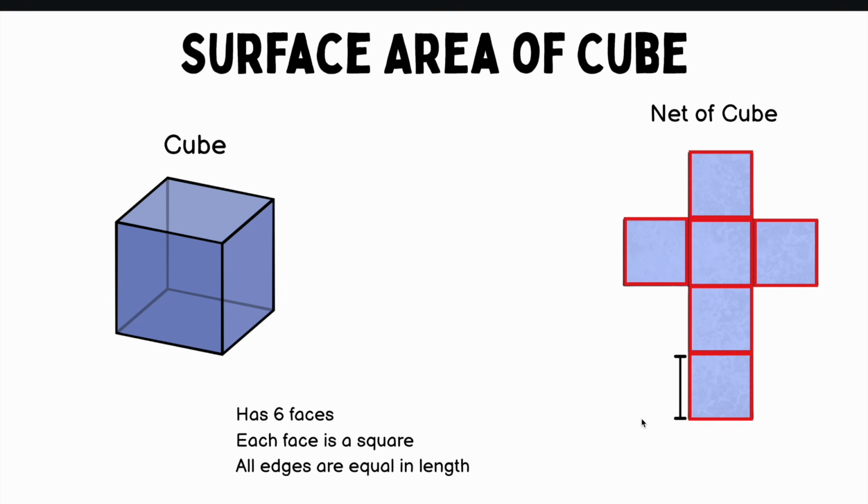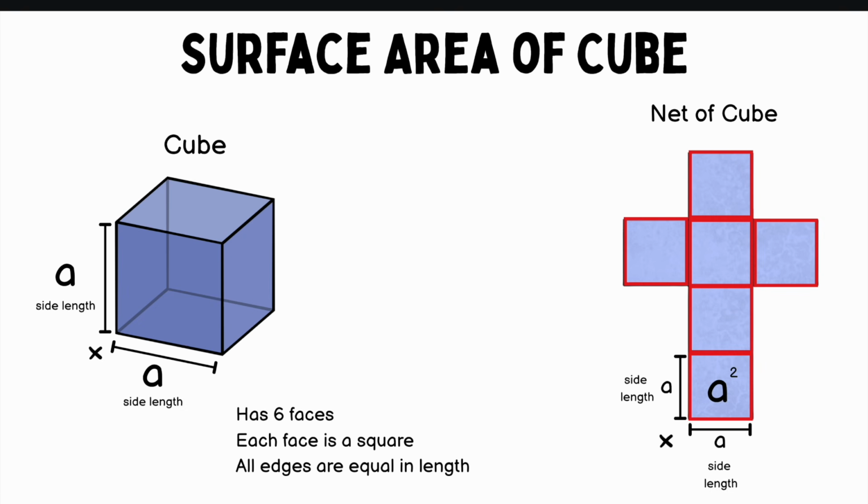So we know that every side is equal in length. We know that when we find the area of squares or rectangles, we can multiply the length times the width. In this case, they are the same length, so we can call it side length A and side length A because they are equal in length. Since we're multiplying A times A, we can simplify that as A squared. So we will take side length A and multiply it by side length A, or we can just say A